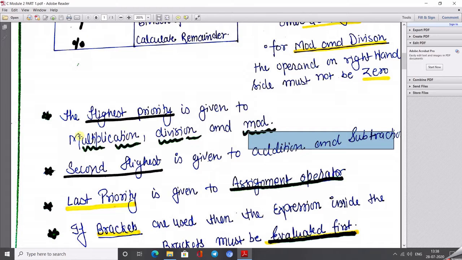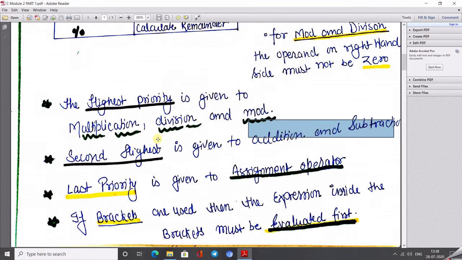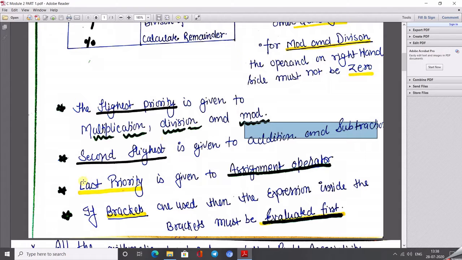That means if any statement has operators like multiplication, division and mod, and also has addition and subtraction, then the multiplication, division and mod operations will be performed first, and after that addition and subtraction. The last priority is given to the assignment operator. What is the assignment operator?